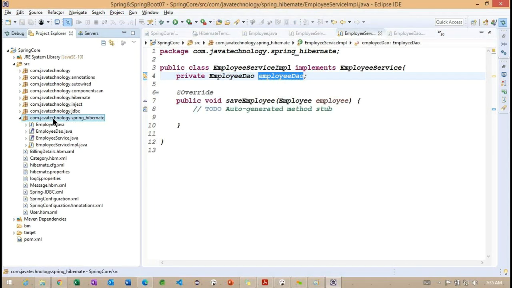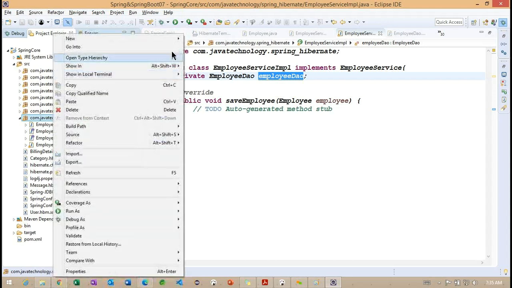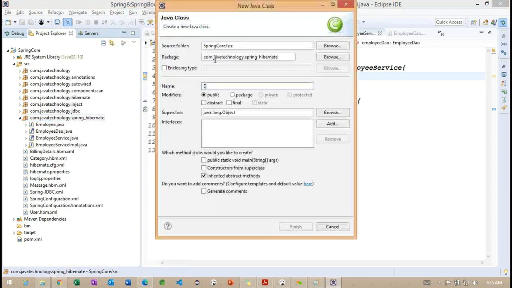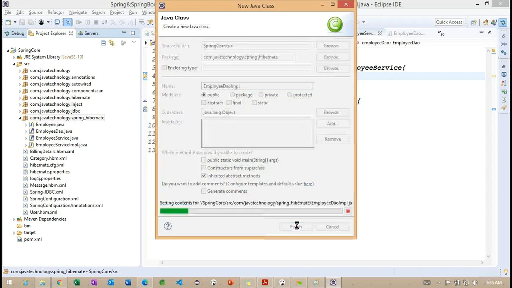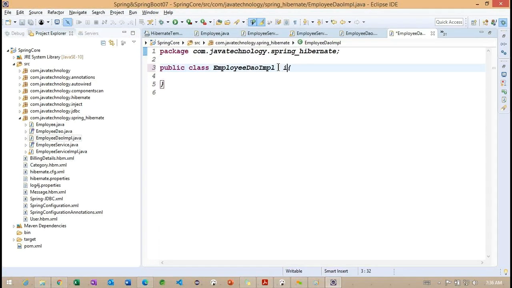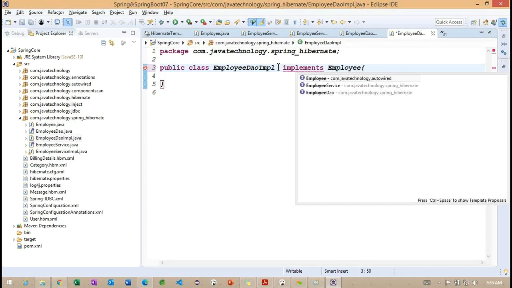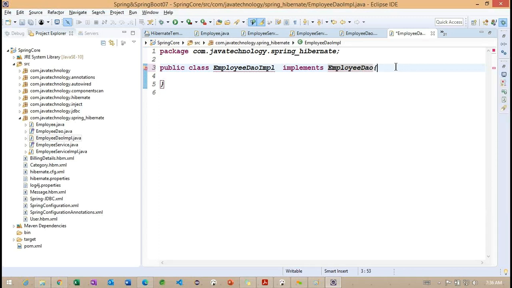Now what I am going to do is create the DAO implementation class. To create this particular DAO implementation class, first we need to create one class here. So DAOImpl. Impl is nothing but implementation. And implements DAO.